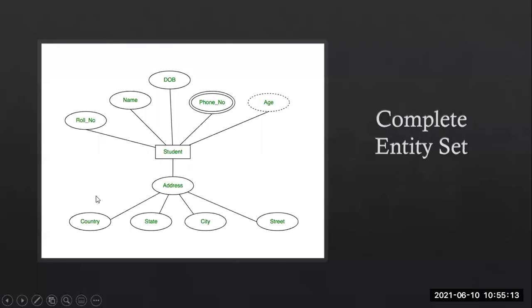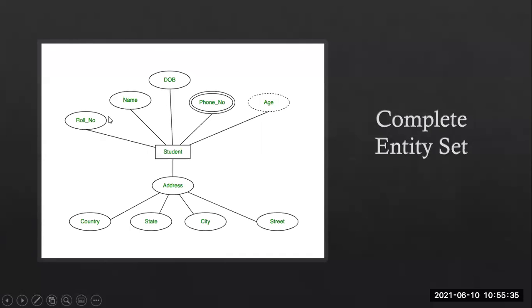So this is a complete entity set here, a basic ER diagram. This is the student entity, this is the table. Inside the entity student we have the columns, or I can say attributes: roll number, name, date of birth, phone number, and age.